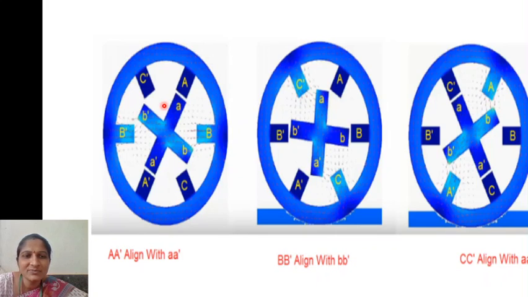So in the first position, capital A is the stator, and small a is the rotor. Here these are all aligned with each other. That means A dash is aligned with small a dash. Next, the rotor is shifted in the anti-clockwise direction. Now it moves in this direction, and B dash will be aligned. Next, it will again move in this direction, and A dash will be in alignment with C dash. So by this movement, the rotor starts rotating continuously.